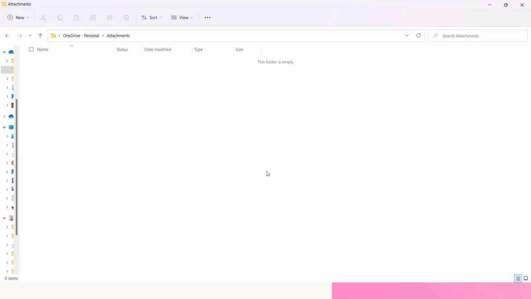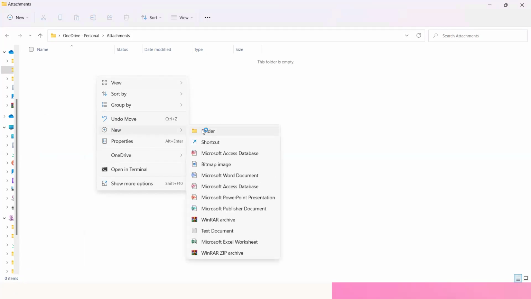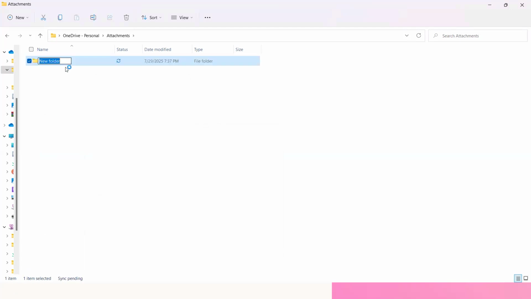So for instance, this is an environment, and you want to create a folder. Like we said, it's very easy. If I right click on my mouse, you see where it says here new. If I come here and I say folder, I click it. You see, it creates the folder and it asks me to give it a name. So let me call it